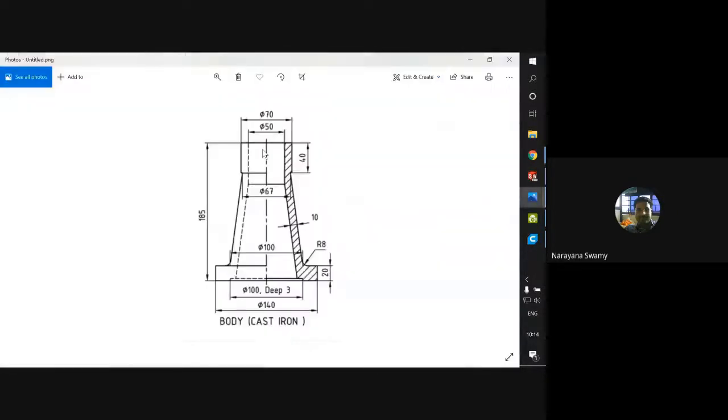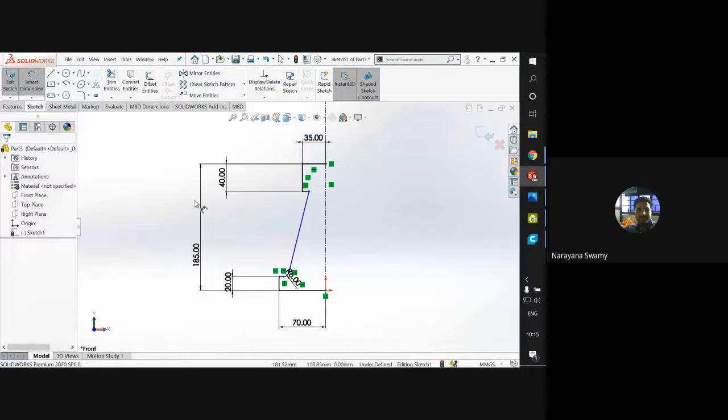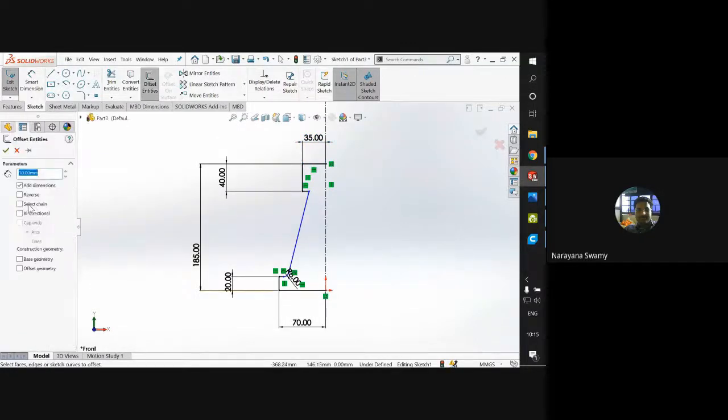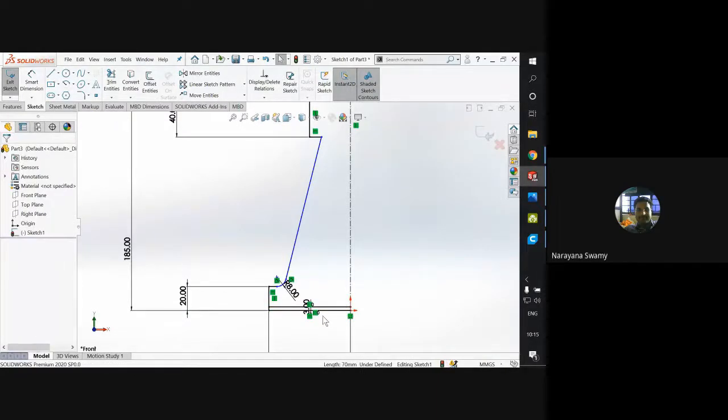Now you can see it here. The inner diameter, there will be a line. You can see there is a dotted line, which will be at a distance of 3 millimeters. They have given a depth of 3. So what we'll do for this one is offset this line. There is a command called offset. Normally select chain will be selected by default, but we are going to do it individually. First give a dimension of 3 mm for this line, so we are going to get a 3 mm.